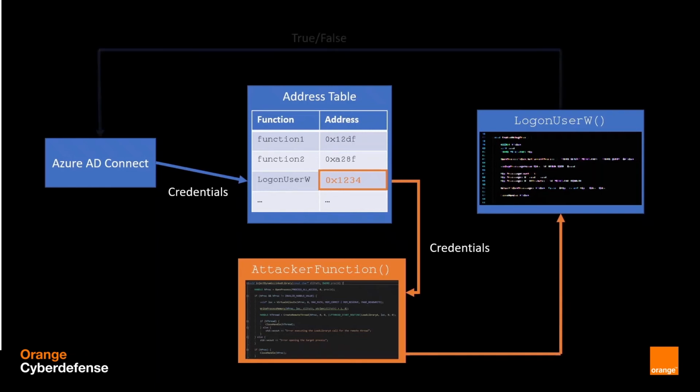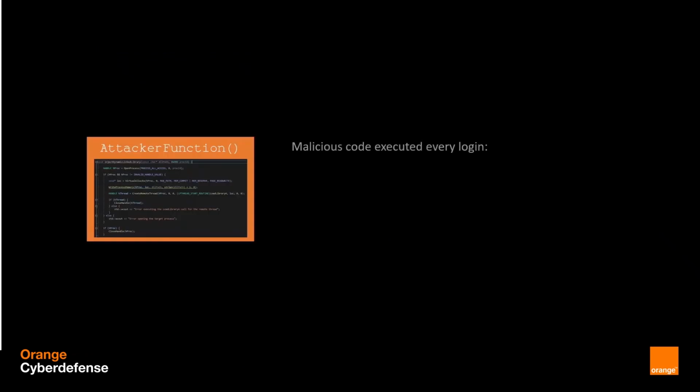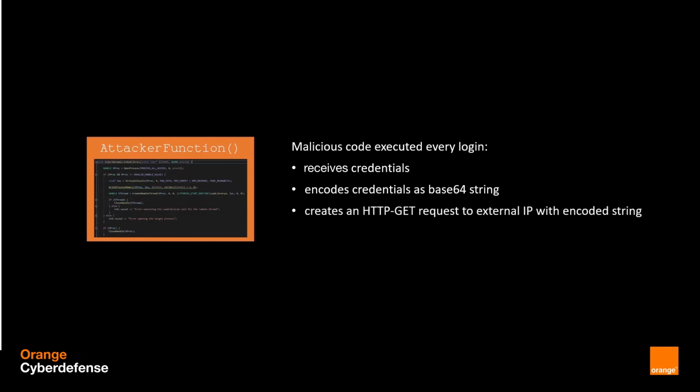So at the end of the attacker's code block, they will call the original function to preserve login functionality. That way, we as an attacker will stay hidden and not be detected. In the attacker's code block, the credentials are received as parameters. Next, they are encoded via base64 and then sent to an external server owned by the attackers via HTTP GET requests. As we've seen on the diagram before, the code block also calls the original hook function in the end to fully preserve the login functionality, so nobody will get suspicious.